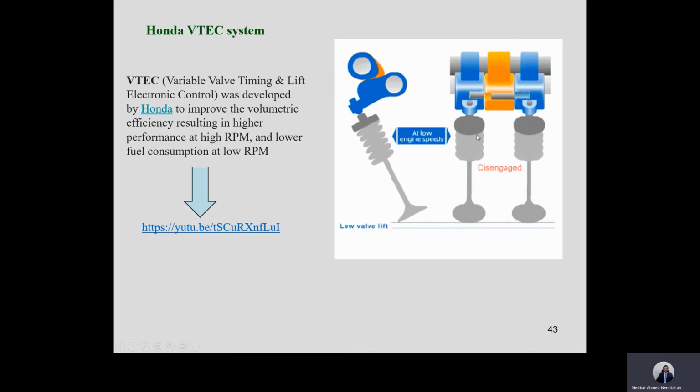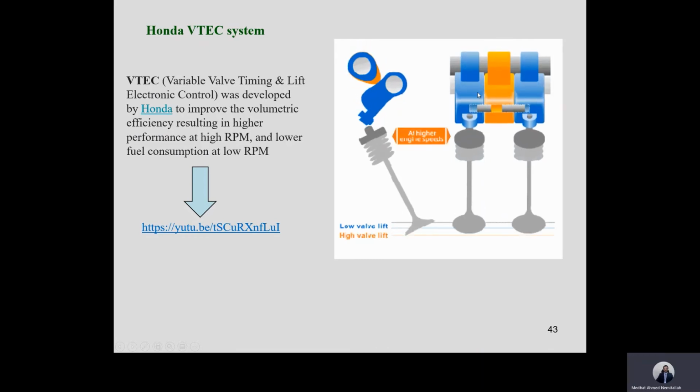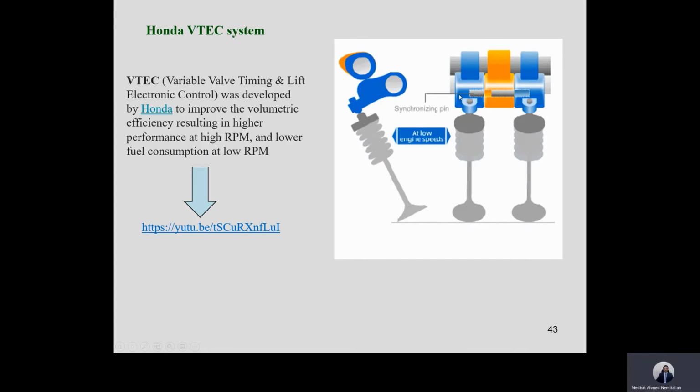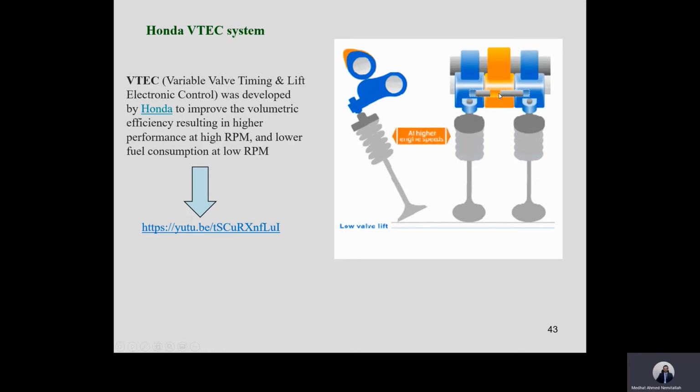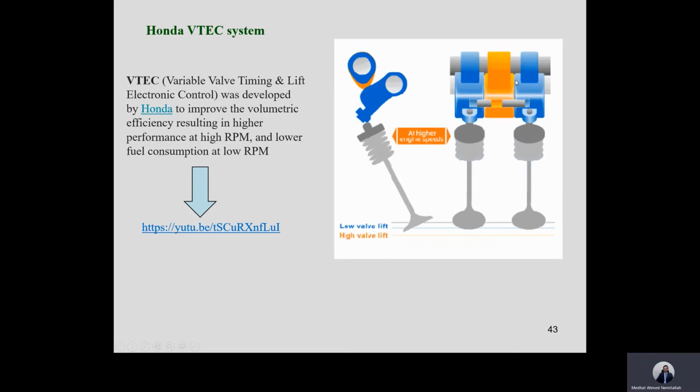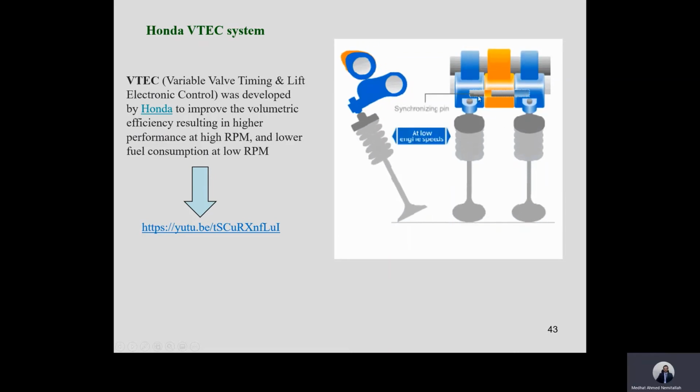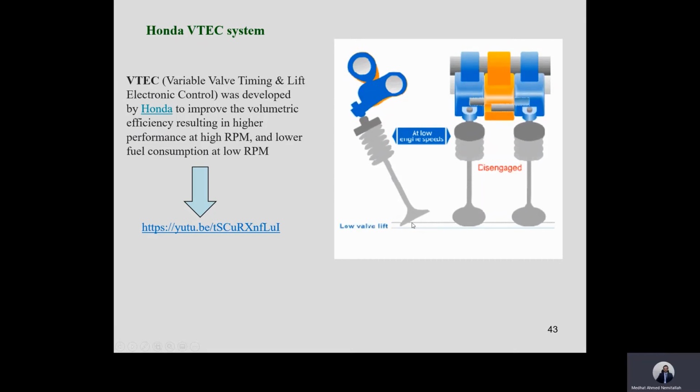So at low engine speed, we have here this piston. First of all, this engine has 2 intake valves for the cylinder. That's why we have 2 intake valves here. So the intake valves are opened through the camshaft, and those are cams, but we have 3 cams in this case. The outer 2 cams are smaller cams, and the inner one is a big cam. So at low speed, this inner cam, the big cam, is just loose. This pin is just disengaged or disconnects the central cam. So the valve is opened using the outer 2 cams,